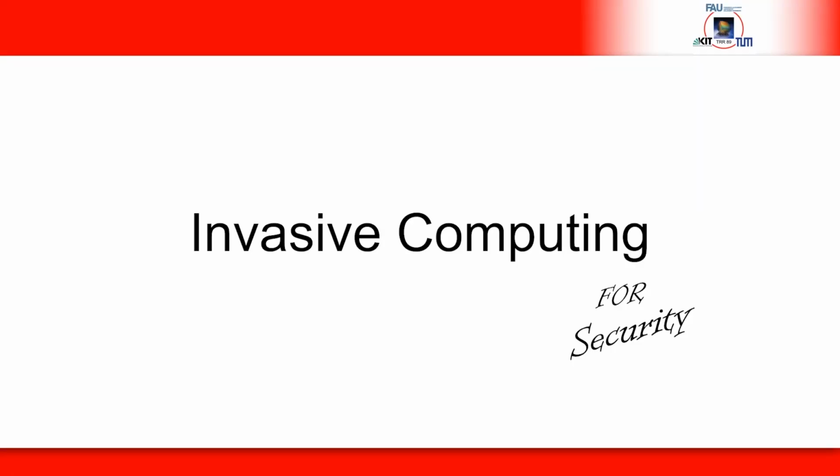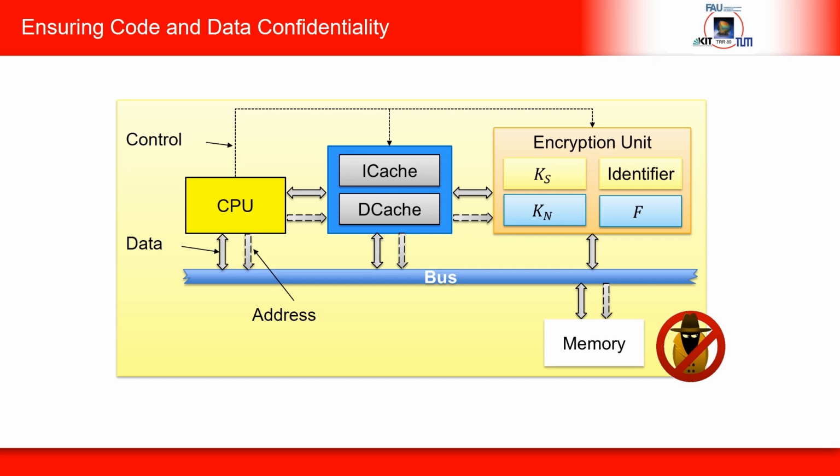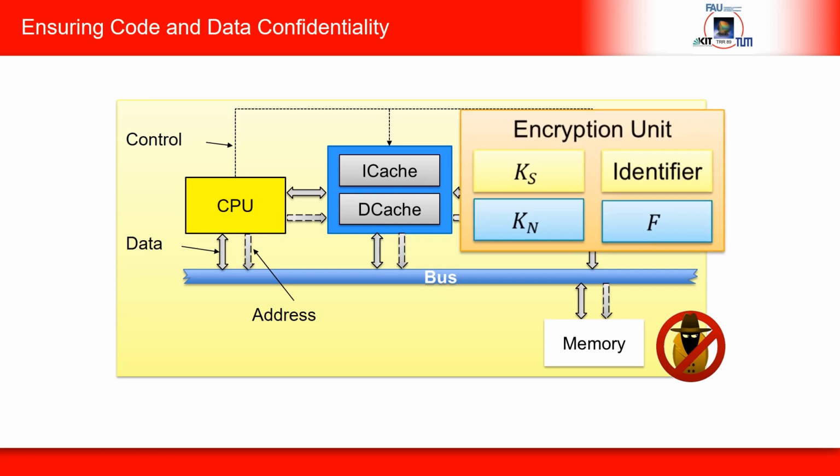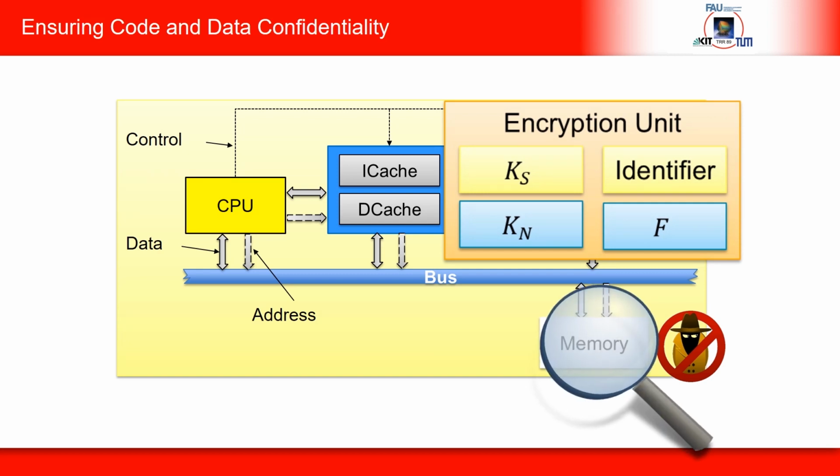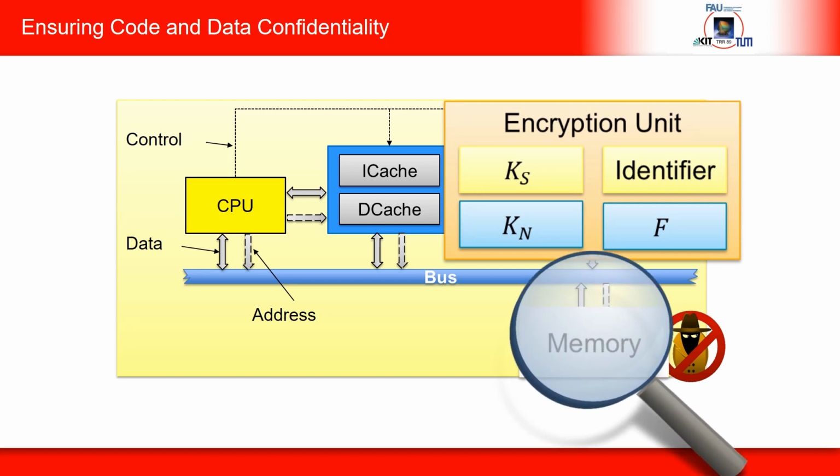Finally, we showcase that security properties of programs may be enforced through invasive computing. One important security property is confidentiality. It might be harmful, for example, if an attacker were able to copy a program or data. To ensure confidentiality of application code and data, a lightweight encryption is realized by invading an encryption unit. Here, all data leaving the CPU is encrypted before being written to memory. Similarly, all data from memory is decrypted upon reads.